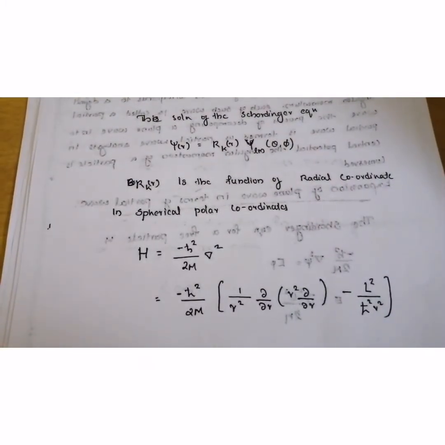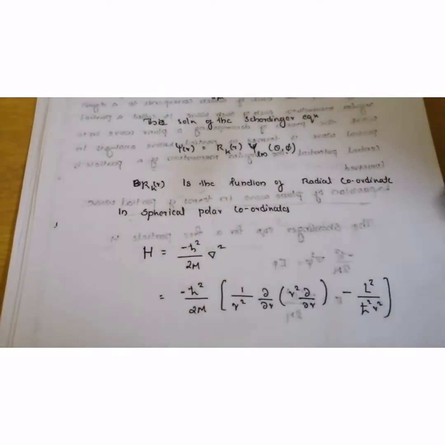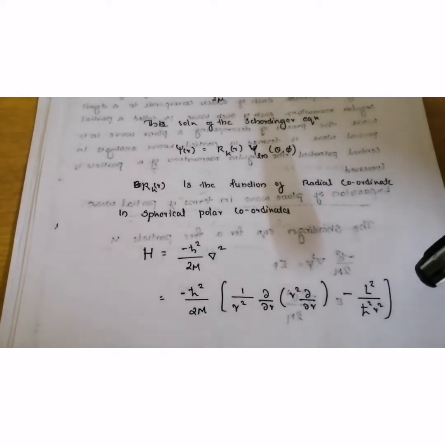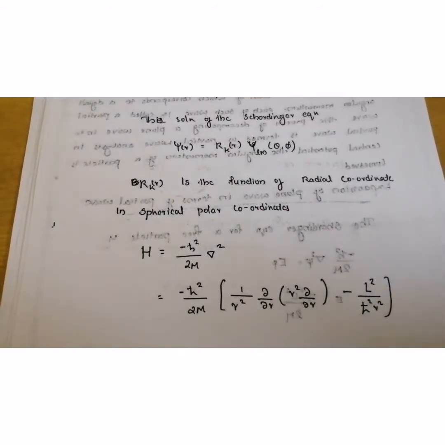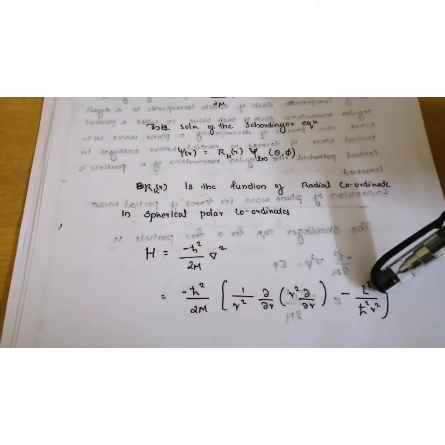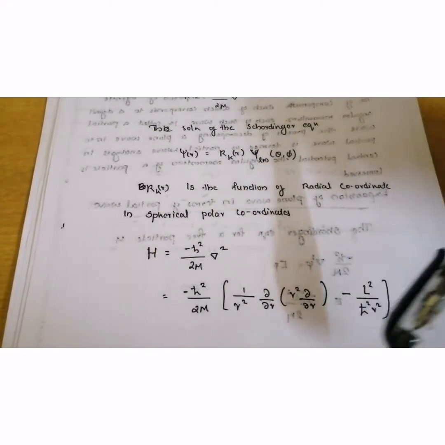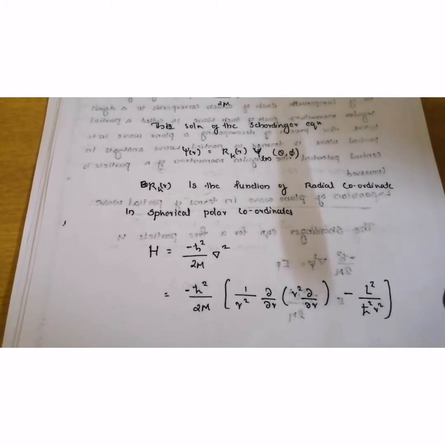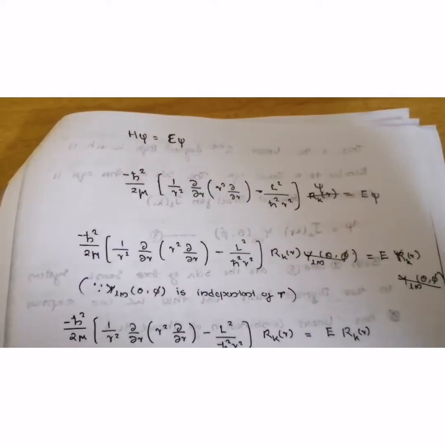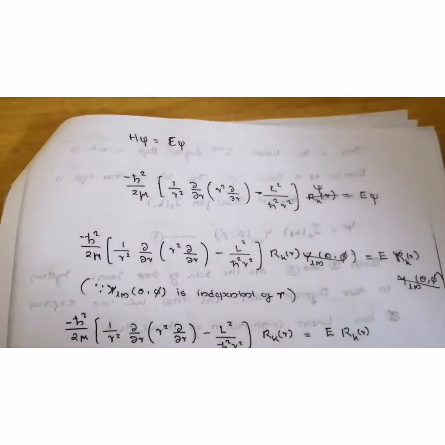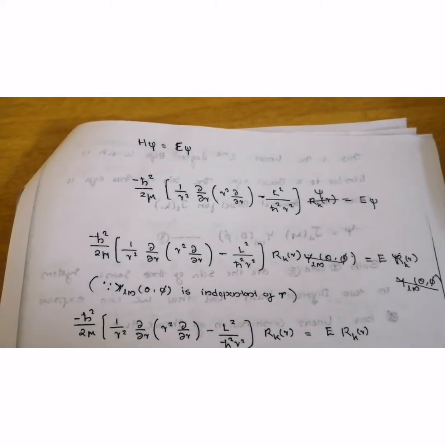In spherical polar coordinates, we can write del square as 1 by r square into dou by dou r of r square dou by dou r minus L square by h bar square r square. Here L is the orbital angular momentum. Then we can write H as minus h bar square by 2 mu into 1 by r square dou by dou r of r square dou by dou r minus L square by h bar square r square. We already discussed the Schrodinger equation in the case of the plane wave. So now we are discussing the case of spherical polar coordinates.